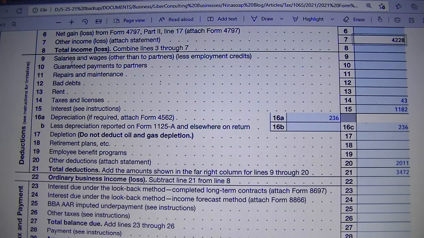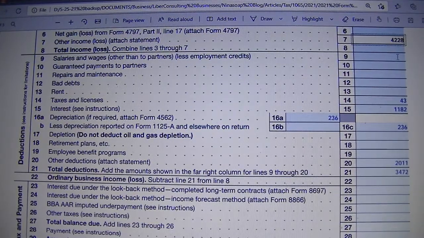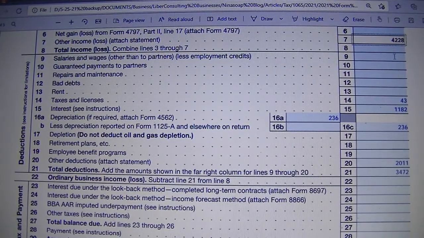If you don't have salary, you don't have employees, then you leave it blank because it's not for partners' salaries. As an LLC, you do not pay salary to yourself. So line 11, repair or maintenance. Bad debt on line 12, rent on line 13, line 14, taxes and licenses. We have 43, interest